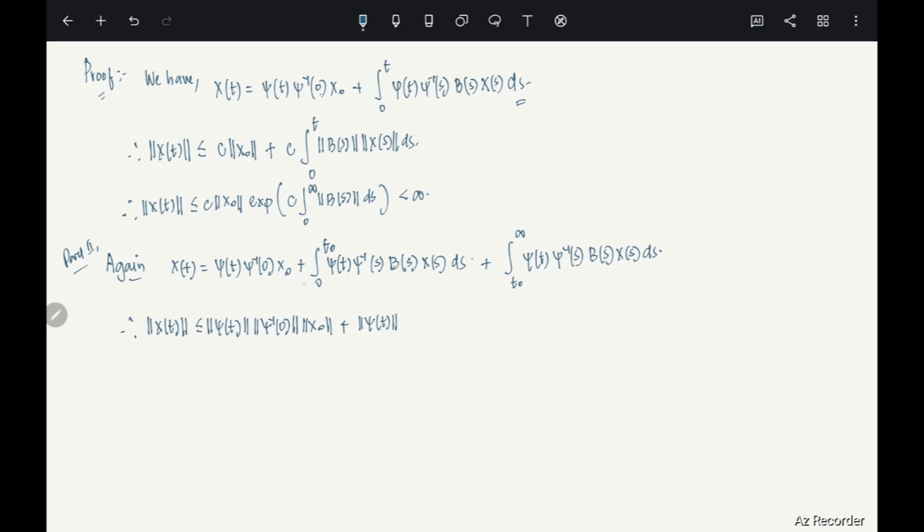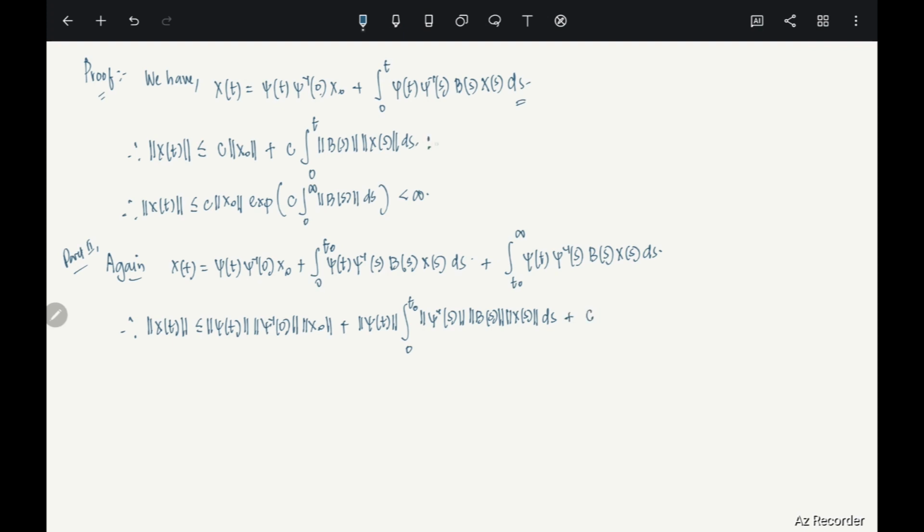I can take that out, right? And then the integral from 0 to t naught, phi inverse of s, b of s, x of s, ds. Okay, plus c times